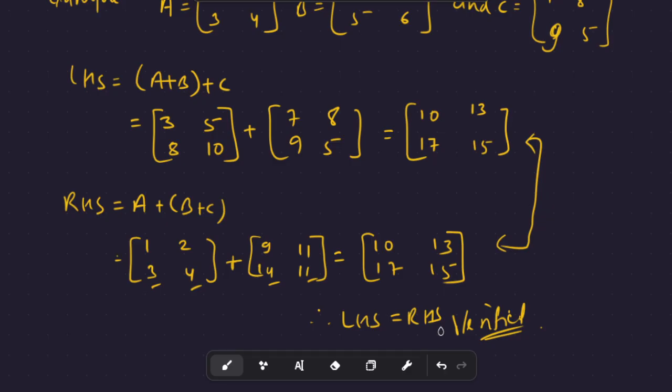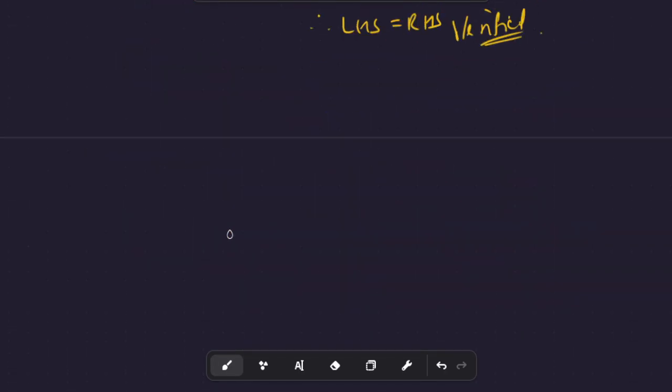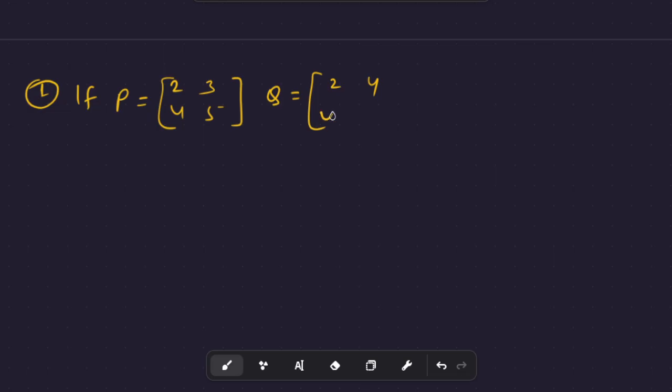Okay, we have discussed three types of property of addition today. Now I'll give some questions to you as your homework. Question number one is, you can copy these questions. P equals [2, 3; 4, 5], Q equals [2, 4; 4, 1], then